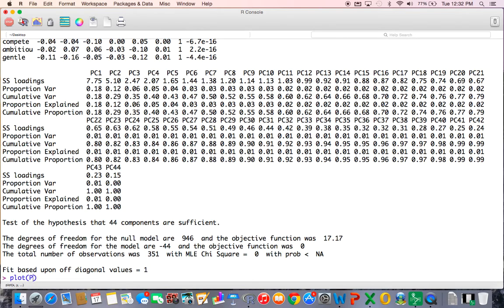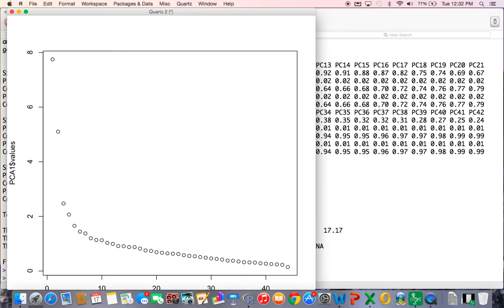And I think I called that PCA1, the first one. I want to look at my values. And I want my type to be equal to lines and points. Now, when I look at my vertical, I see that going to this point, to this point, to this point, to this point, to this point doesn't change much. And when I think about my horizontal, I see the line coming through here.